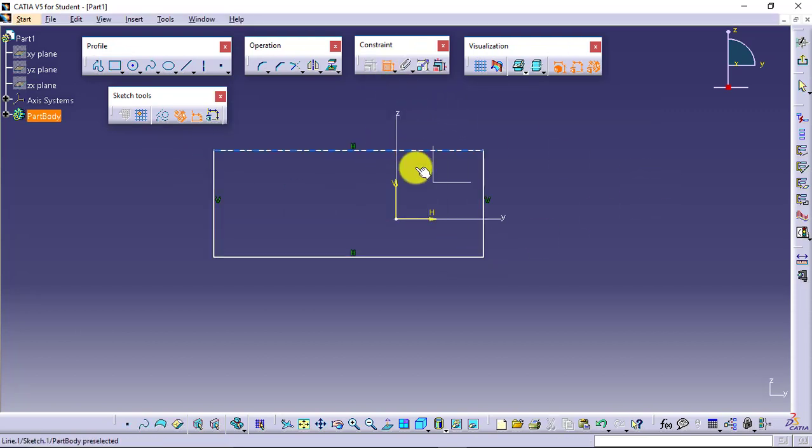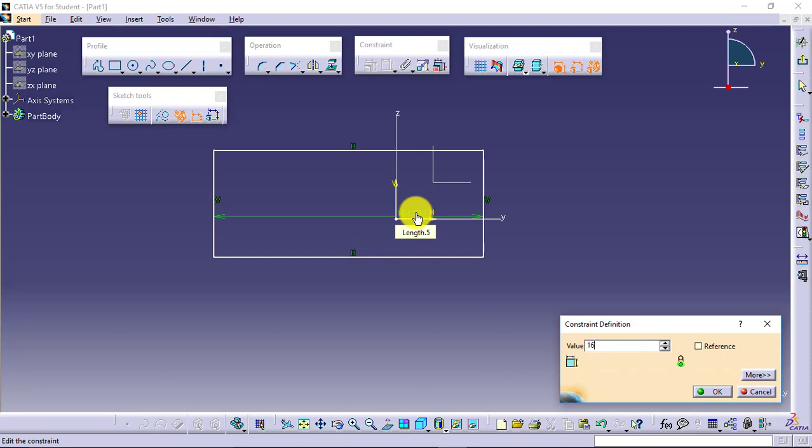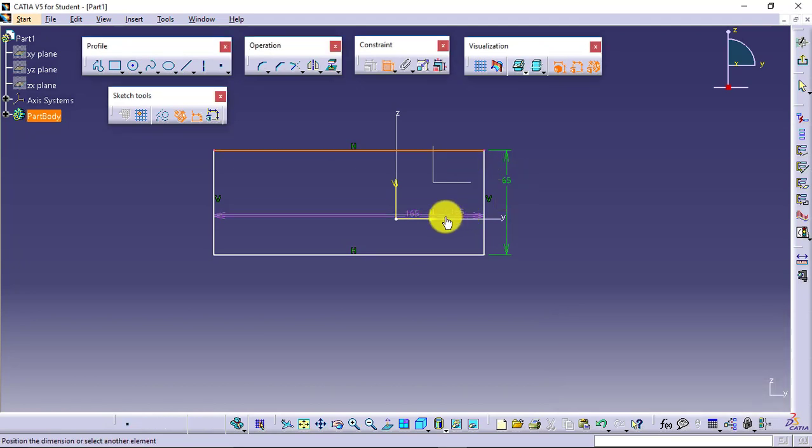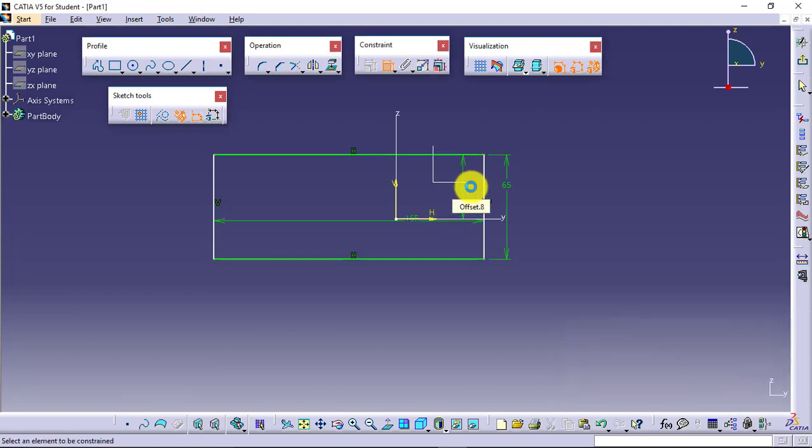There is no such issue in that. Say I'll make it 165. I will give this one as 65. This one to this will be 40, and this much I'll give 50. Okay, this much, I'll say exit.